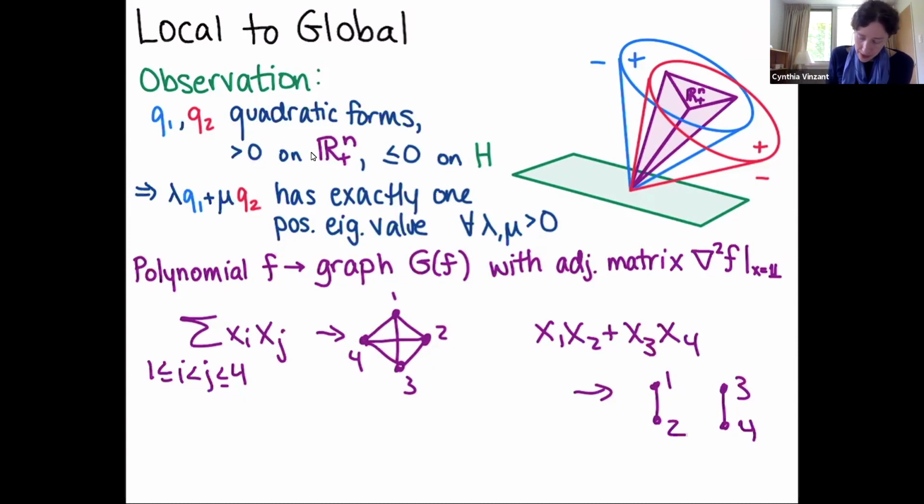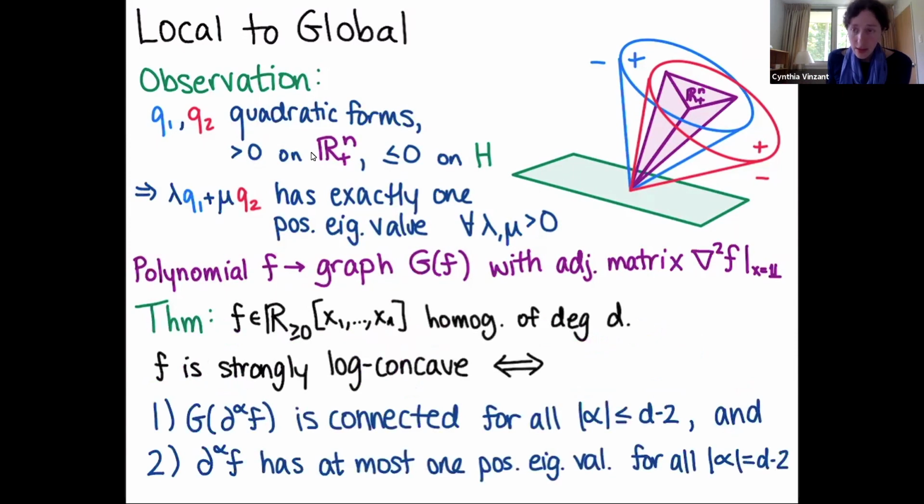And if I do this, then we get the following characterization of strongly log concave polynomials: if I start with something that's homogeneous to some degree, then I can test if it's strongly log concave by checking that the graphs I associate to all of the derivatives are connected just as a graph,